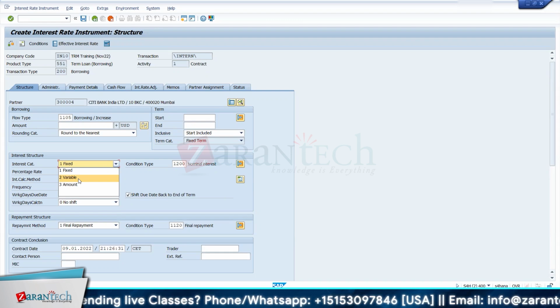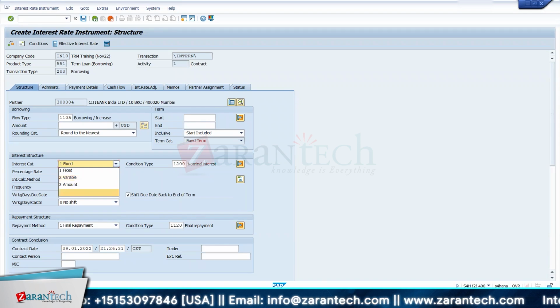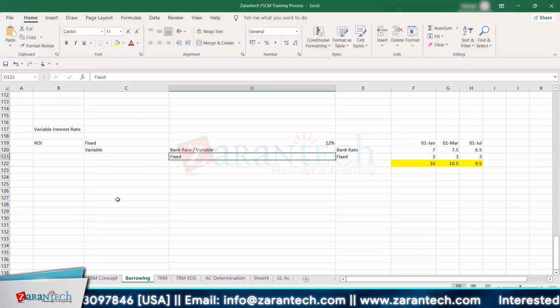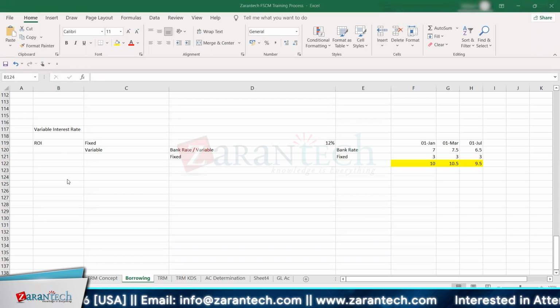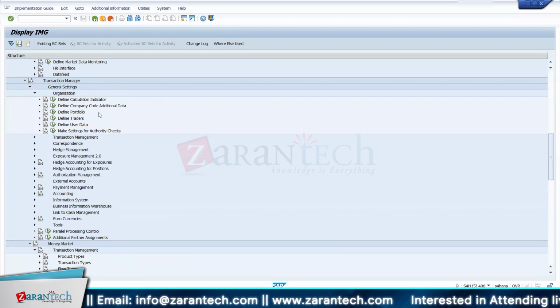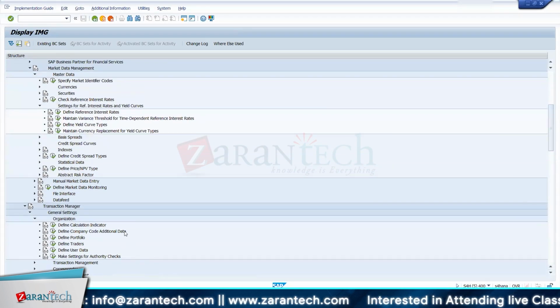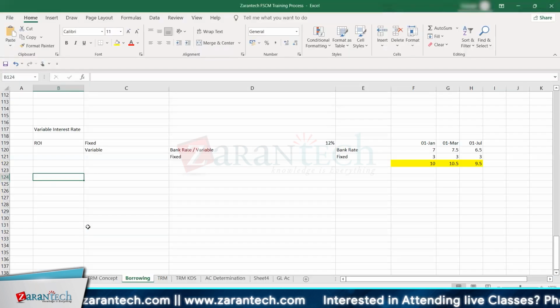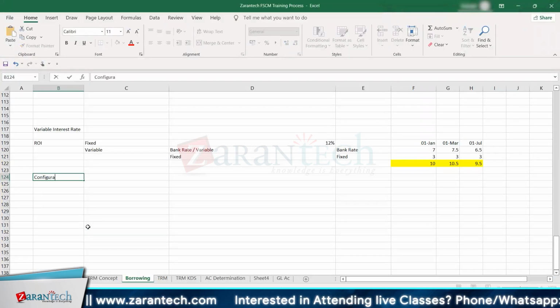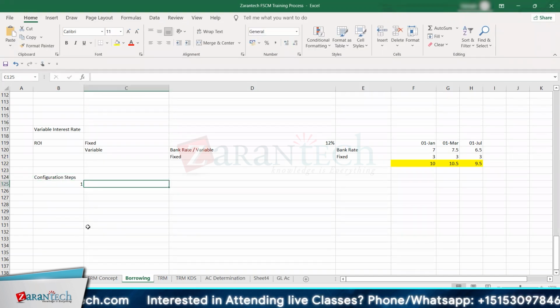So these are the steps you need to write somewhere. What we have done so far, let us just update the configuration steps here. So step number 1, what we did, define company code additional data. So configuration steps. Step number 1,